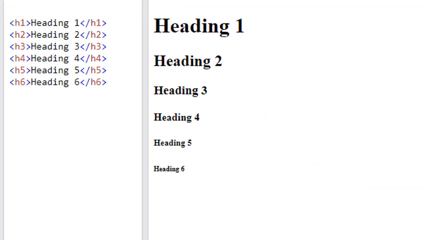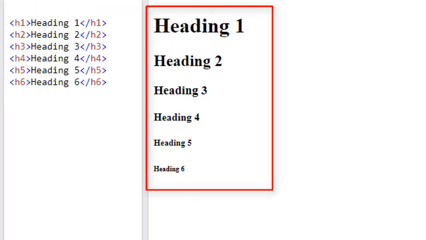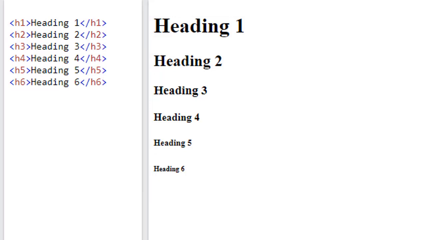So in this assignment, we're learning about the different heading level elements, of which there are 6. Here on the left-hand side, we see the markup for the 6 heading level elements. On the right, we see what they look like in the browser. Notice that they are bold, they are varying size, and that there is a generous amount of space in between